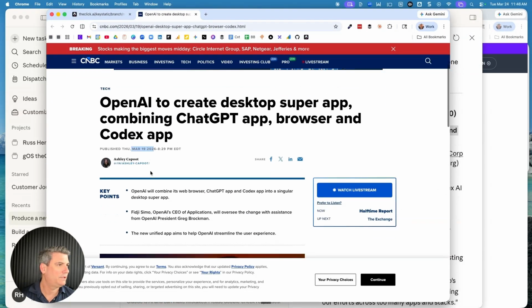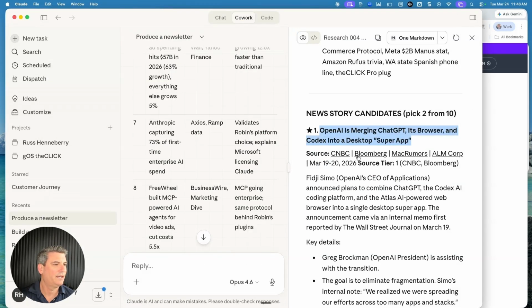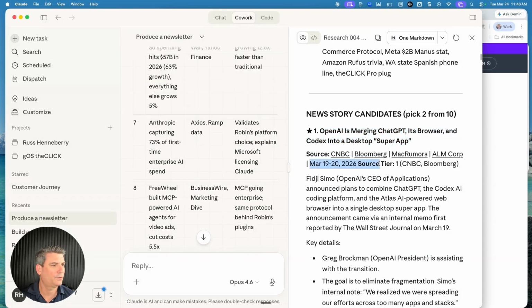Even though it does give me that published date, see there, it gives me that published date. And I've built this plugin so it only looks at what I call tier 1 sources. I don't want it to pull in random blogs and stuff like that. And there's a fact checking component to this. It does a pass where it goes and fact checks every claim that's made in the newsletter. It's a great extra step here inside of this Newsboy plugin that allows the AI to go out and fact